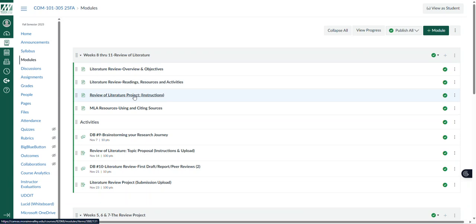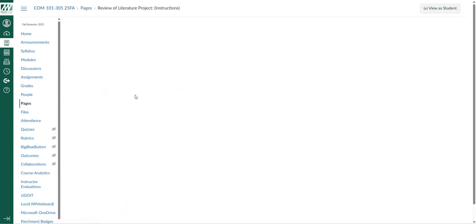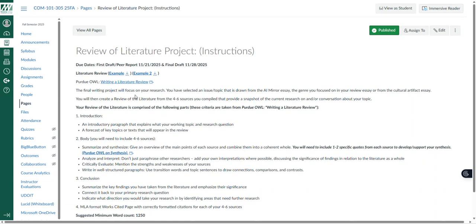Okay, so just to give you an overview here on the literature review project, I have several links built into this particular assignment. I do have a link to the Purdue OWL on writing a literature review, which is informative. I'll move along as we get through the units and talk a little bit about that. I already have two examples of what a literature review should read like, the structure, the purpose, the quote sandwiches, how we carry on a discussion.